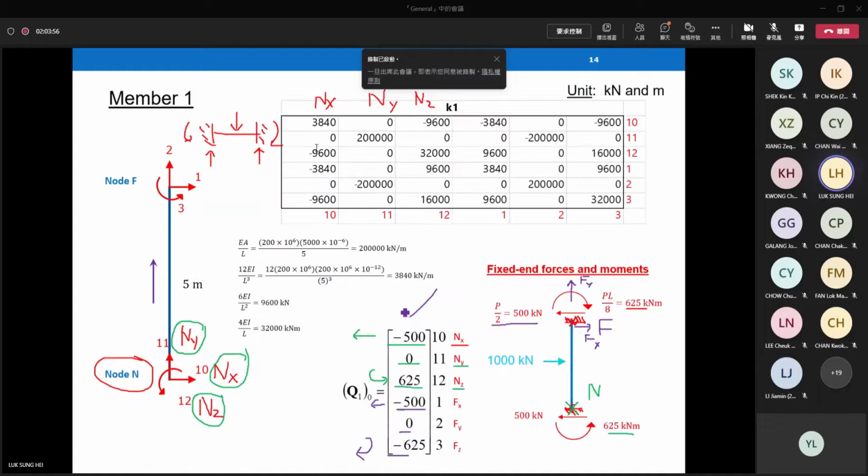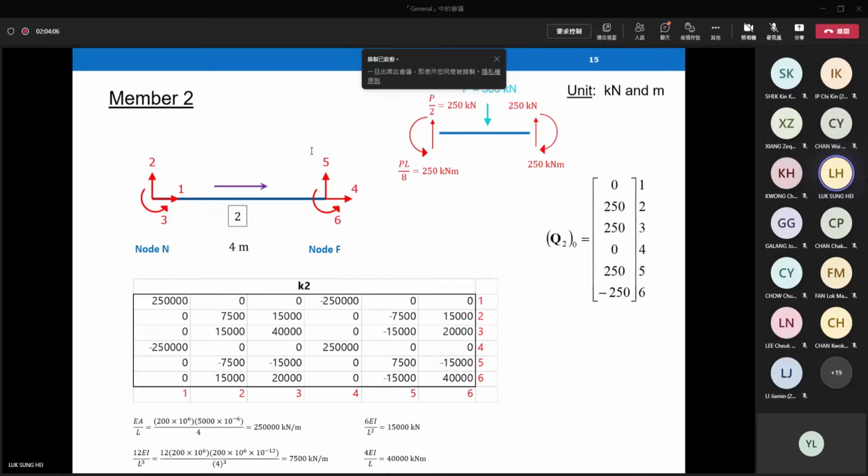This may help you to solve the assignment 1 question 3 problems, because it seems that there is also horizontal force. Member 2 is a classical member, horizontal, under intermediate loading. This one I think is more straightforward because it's just like a beam. You calculate the element stiffness matrix, K2, using the given stiffness matrix, and then